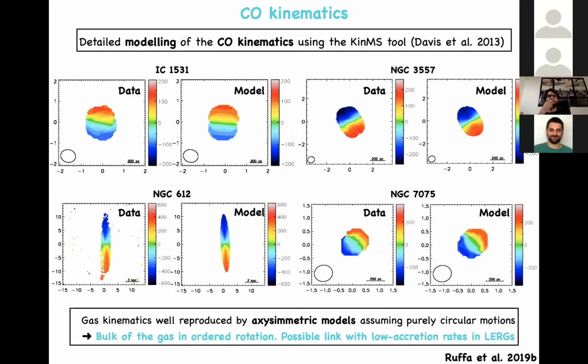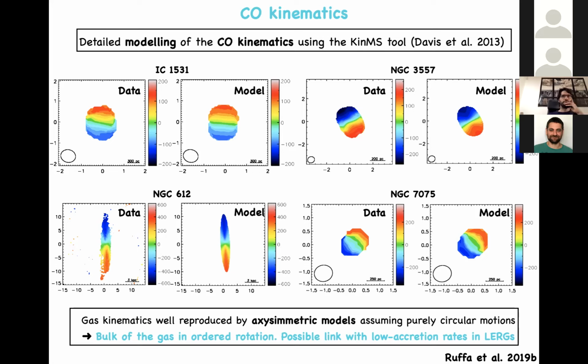We also carried out a detailed modeling of the CO kinematics using the KinMS tool, and here I show four examples. For each target you can see on the left-hand side the observed velocity field, and on the right-hand side the modeled velocity field. As you can see from these panels, in all the cases the gas kinematics appear to be reasonably well reproduced using simple axisymmetric models, assuming gas in purely circular motions. This is another piece of important information, mainly because it tells us that the bulk of the gas is in ordered rotation,